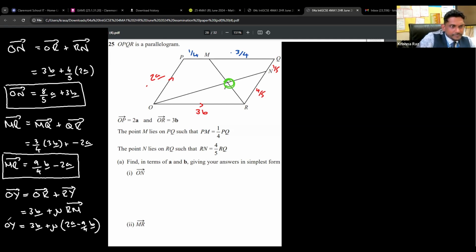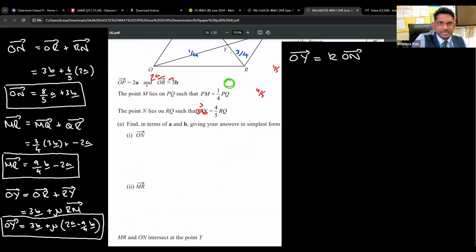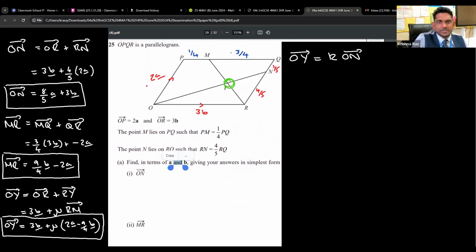So that's OY. So what we're doing is starting to look complicated. So let's figure out OY in terms of something else now. Well, we're told in the question that if you times ON by K, we'll get OY. Yeah, I think that's the way they wanted it. It's not a big deal if it's a different way. No, that's exactly it. So now we've got two unknowns,